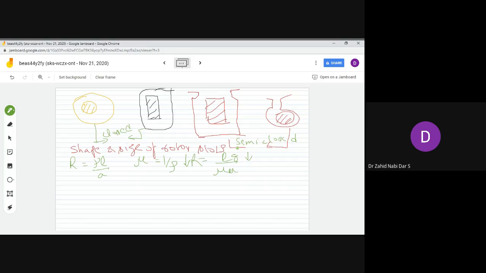Now basically, essentially what happens is that for small machines closed slots are incorporated, because here the reluctance of the flux path is minimum owing to the absence of slot opening. So these types of slots are called closed slots, and they are used for small machines. So closed slots,